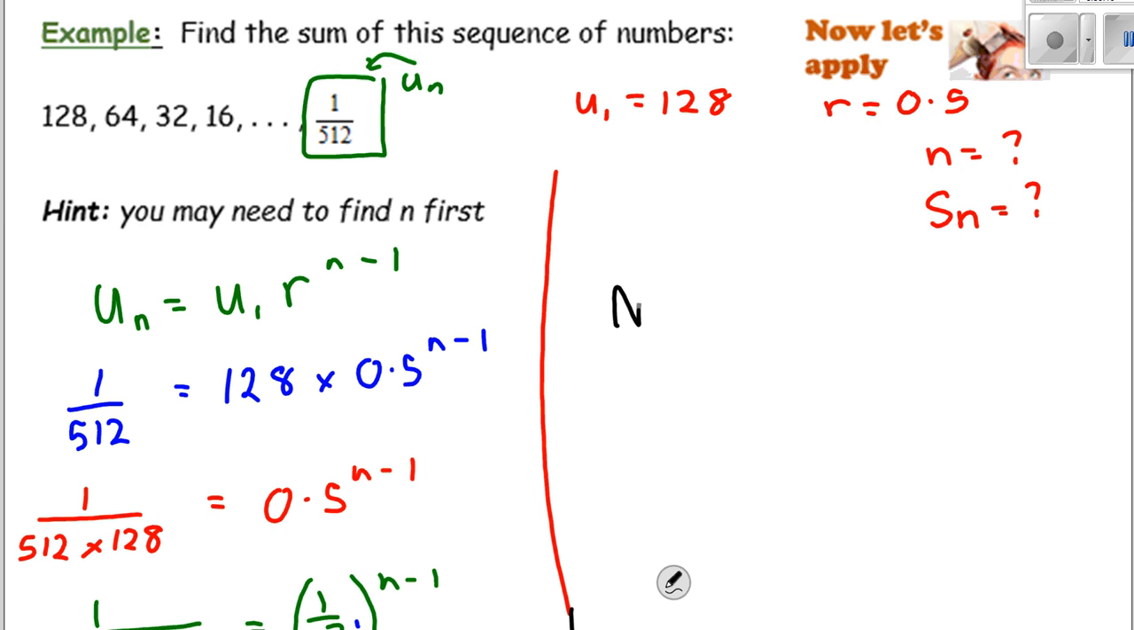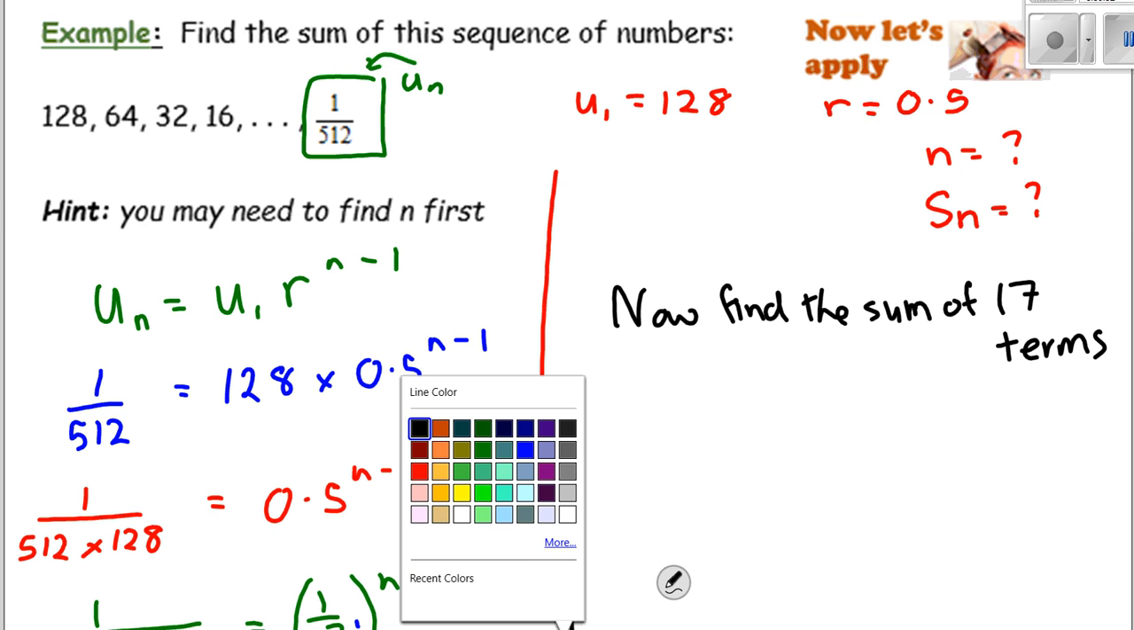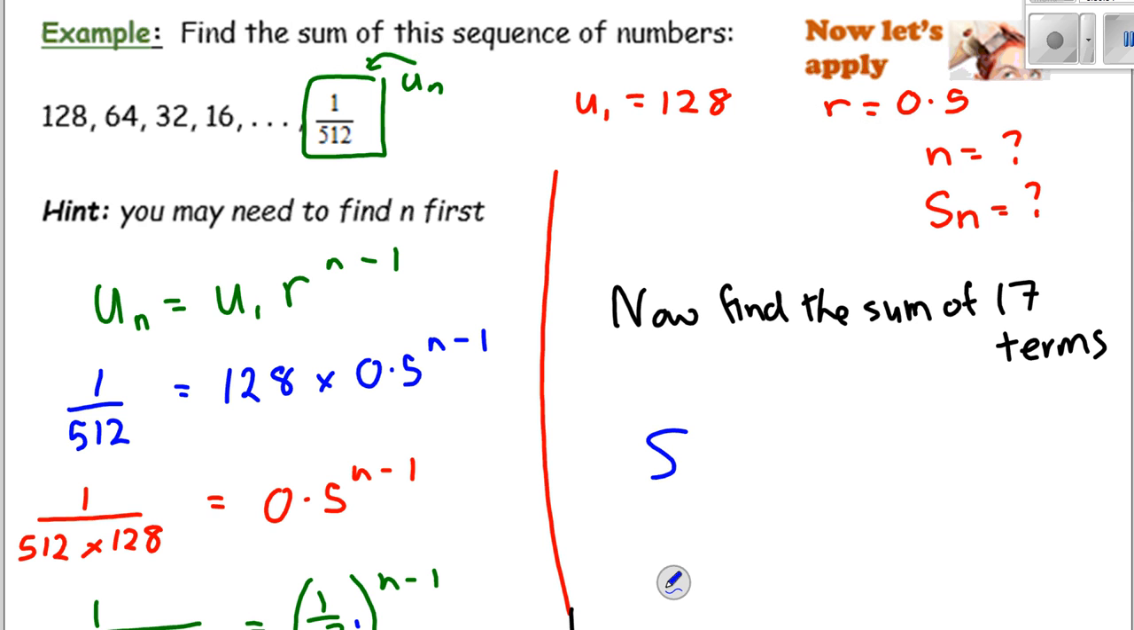Now find the sum of 17 terms. So all that work was just to find the n, and now we just use the sum formula. So the sum of 17 terms, S of 17, equals u of 1, which is 128, times r, which is what again? 0.5, to the power of n, which is 17,